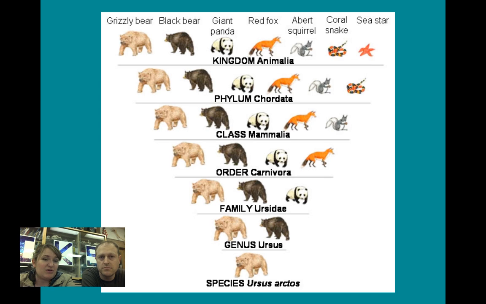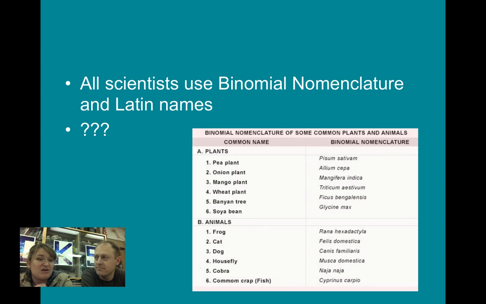So here, for example, is the binomial nomenclature hierarchical category of the grizzly bear. Animals; chordates have a backbone; mammals give live birth; carnivores eat meat; Ursidae is the bear family; Ursus is the North American bear; and now we've got the specific species. Notice that the genus is capitalized and the species is lowercase. We are Homo sapiens, and a lot of times you can tell a little bit about an animal or plant based upon their name. So here are some examples.